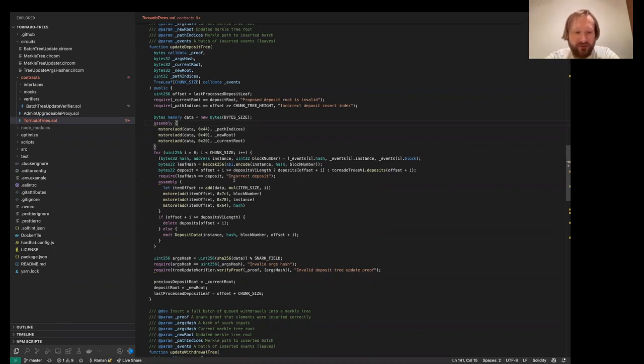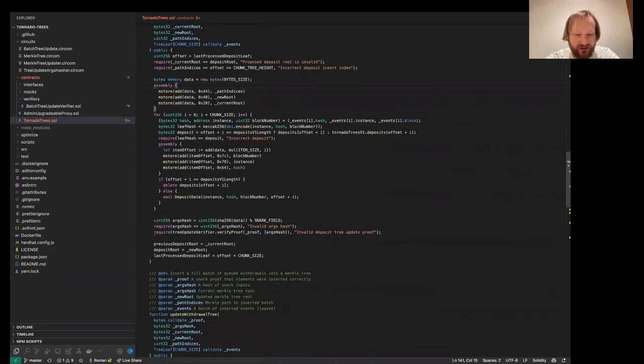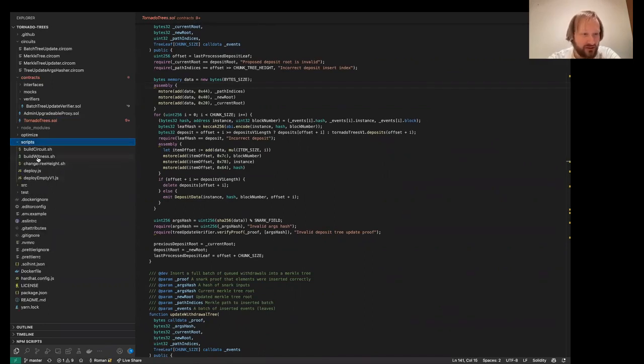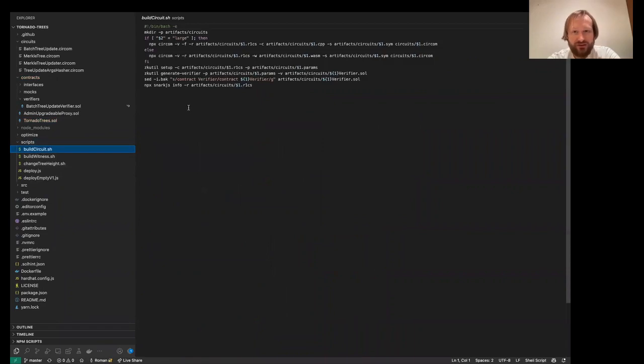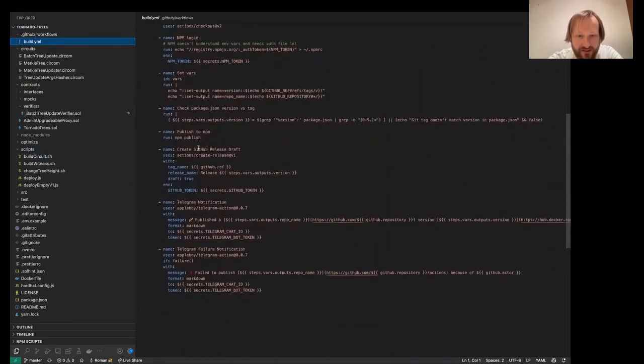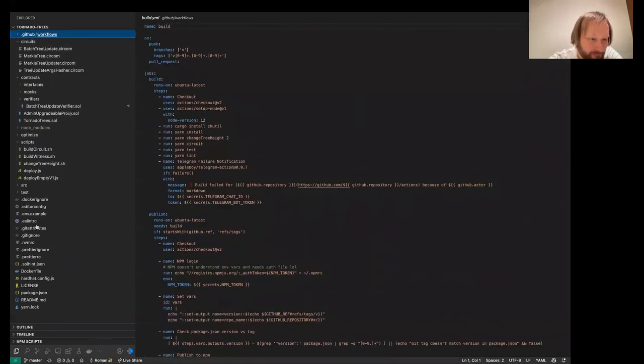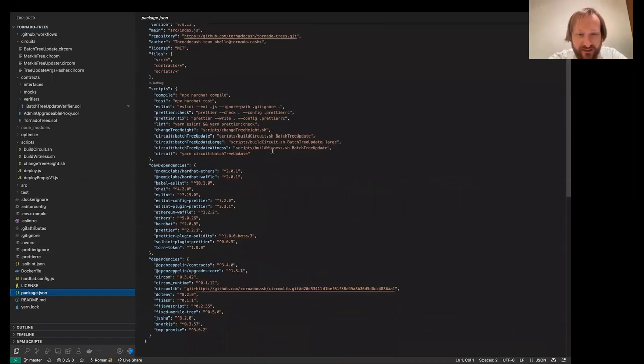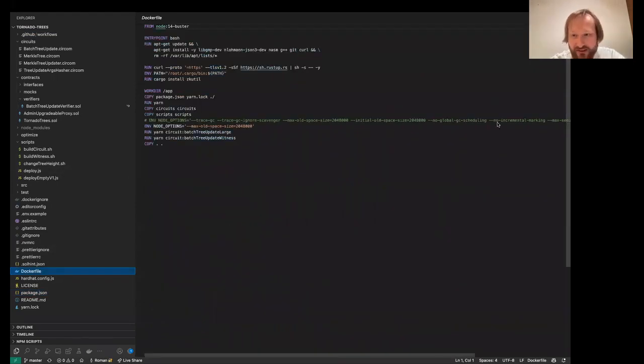Also, the previous implementation of Circom was not able to build such large Snarks without some tuning. So, for example, with Circom, let me see, it's probably in the Docker file.